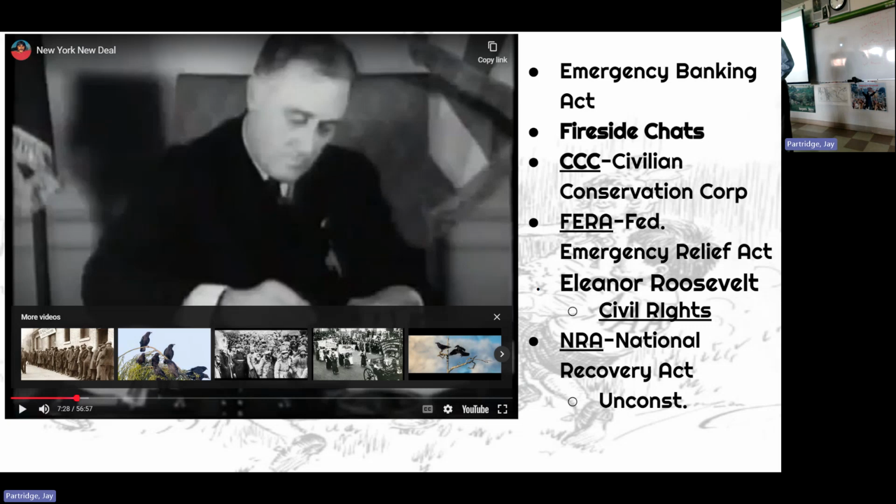And then they said, we're going to send inspectors out to look at the banks. And when the banks open in 4 days, we will only let the healthiest banks open up. So you don't have to worry about your deposits going away. Now, they didn't have inspectors. A lot of it was an illusion. Can they convince people that the banking system, and therefore the financial system of the world, is safe?